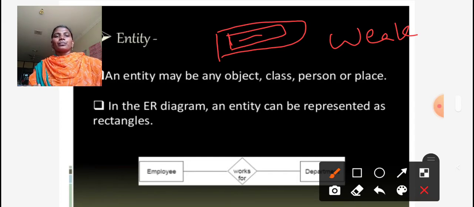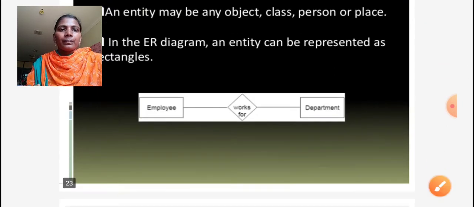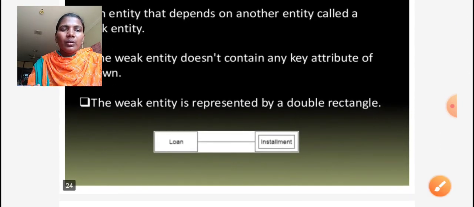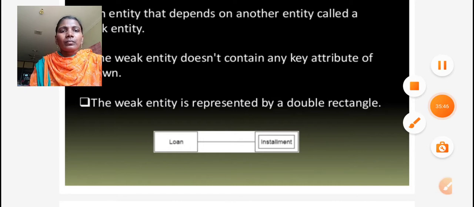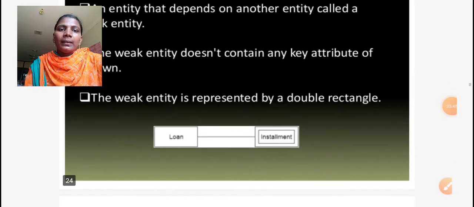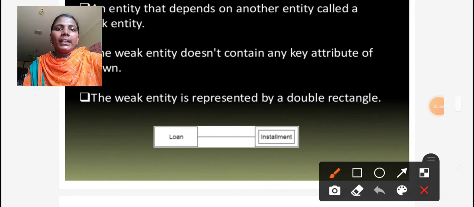Here it shows the definition of a weak entity. Loan is the entity and it is a strong entity.